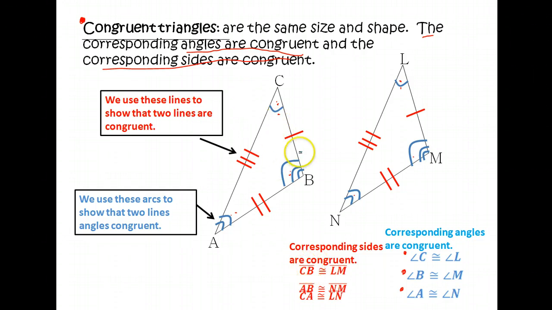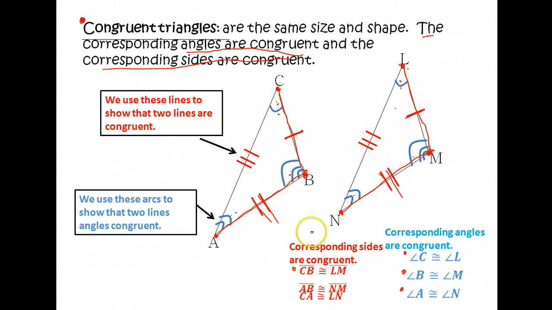So what does that mean? Well, notice we have one hash mark here and one hash mark here. The line from C to B is congruent to the line from L to M. Notice they're in the same position in the triangle, and we have that marked down here. AB has to be congruent to NM. Okay, so where's AB? Here's the line from A to B. Its corresponding part, the line from N to M, are congruent, as we can tell by the two hash marks